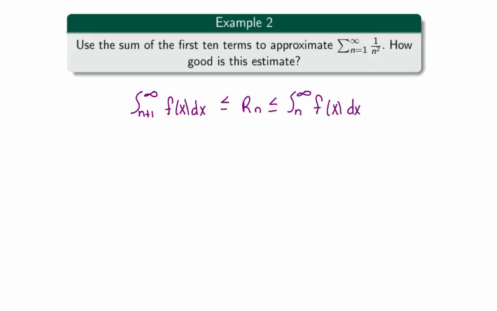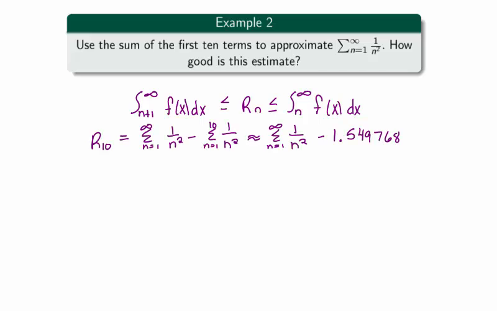Note that we can use the inequality, the integral from n plus 1 to infinity of f of x dx is less than or equal to Rn, which is less than or equal to the integral from n to infinity of f of x dx, to improve our estimate even further. We have that R10 equals the sum n equals 1 to infinity of 1 over n squared minus the sum n equals 1 to 10 of 1 over n squared, which is approximately the sum n equals 1 to infinity of 1 over n squared minus